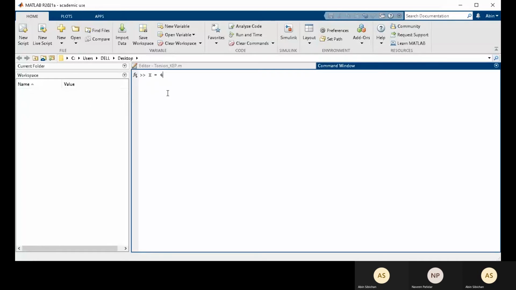So whenever we call x, we will get the value 4. If I press enter, we'll have the value 4, and in the workspace, you can see x is saved with the value 4. If I want to access x, I just type x, and you will get the value 4. That's how assigning a variable is done in MATLAB.